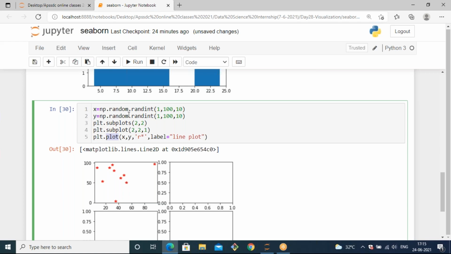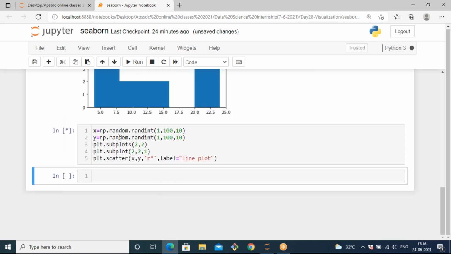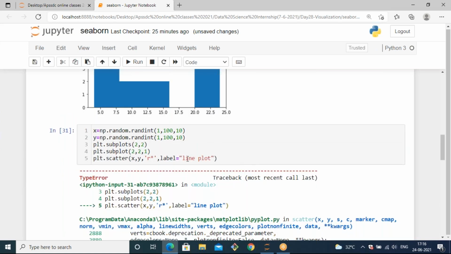That means they don't have a linear relation between them. So you can observe that when you use line plot, it will not show you a kind of line. That means they are random values. So instead of line plot I'm just using scatter, because we are using random values. For scatter it doesn't have label, I think.